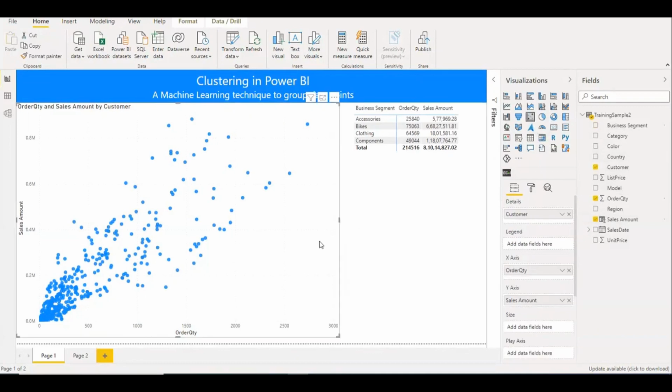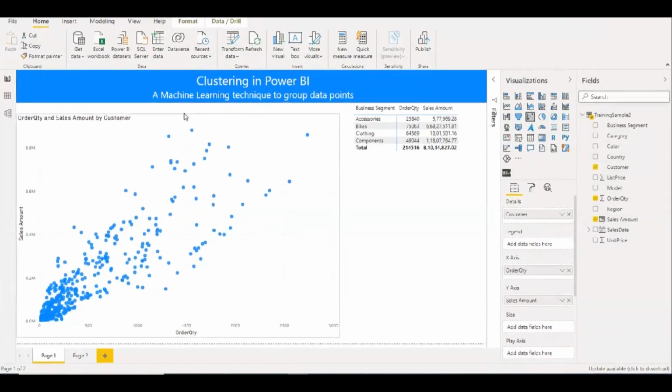Now be careful here. We are going to generate a cluster. If you see in this scatter plot, there are 3 dots here. Click on the 3 dots and you will see Automatically find clusters. Click here.